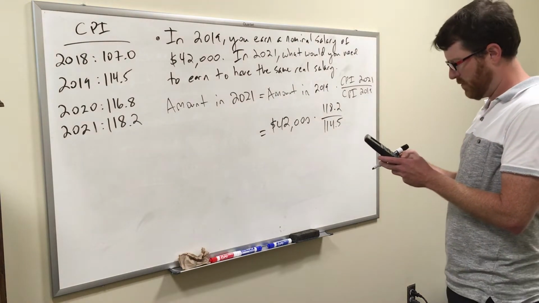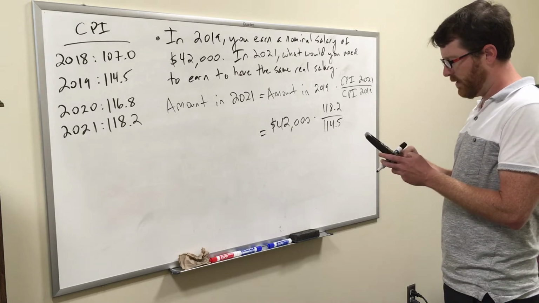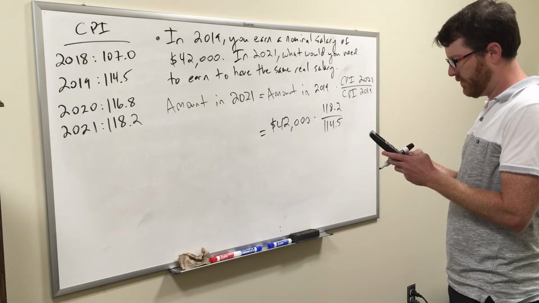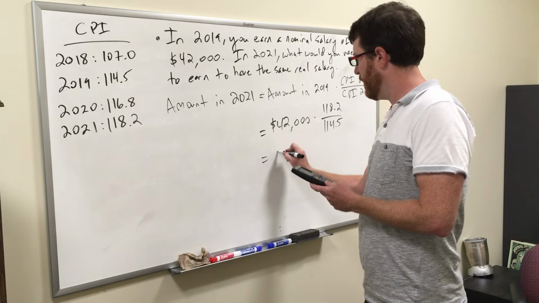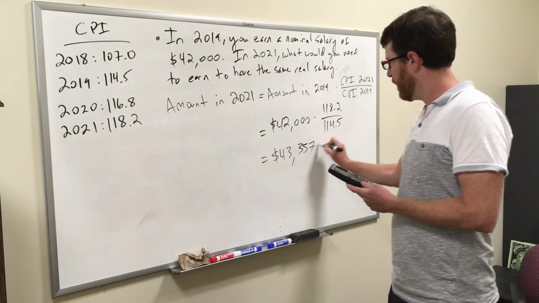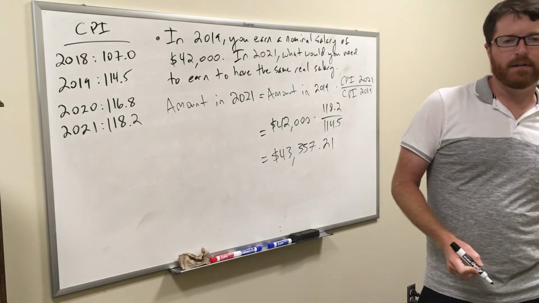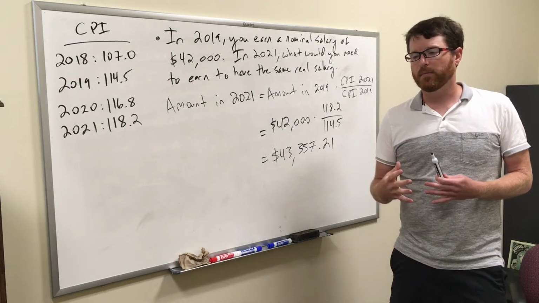So just putting this in my calculator here and seeing what I get. And what I get is $43,357.21. Part of the reason I like to teach this is because I think this is potentially pretty useful,